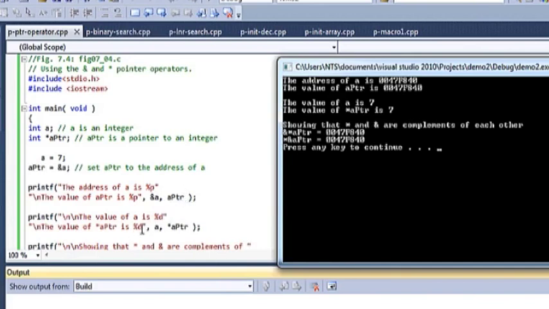Then the data that we have placed from here, and after this percentage d, since we have used \n, that's why there is a \n between this percentage d and this percentage d. So the value of A is 7, and the value of A using pointer is again 7. And then